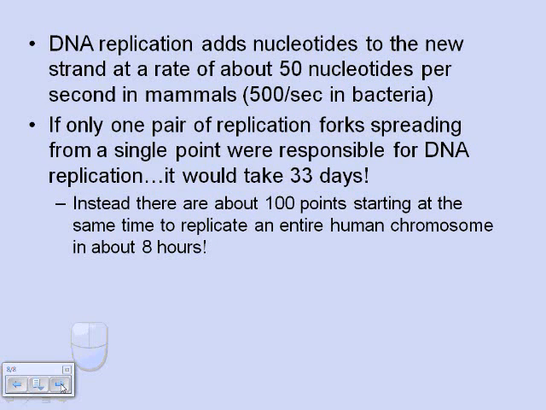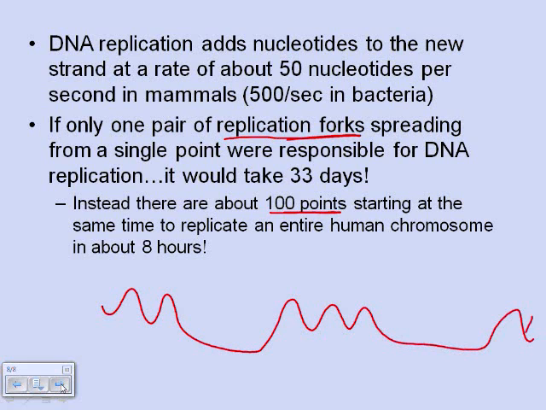Other thing to think about is how quickly DNA replication takes place. DNA replication is going to constantly be adding new nucleotides, and those new nucleotides wind up being the new half of the DNA strand. But multiple replication forks, about 100 points, are what is responsible for speeding it up. Meaning, if we have our DNA strands, we have an opening, and we have another opening, and we keep having other openings in various places,